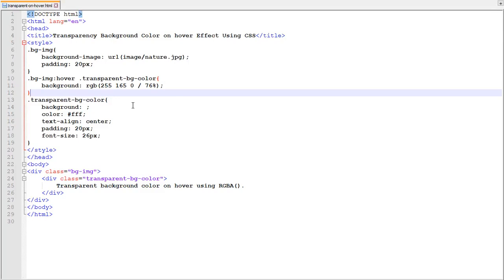After that, convert the main RGBA color to orange color. It becomes orange.